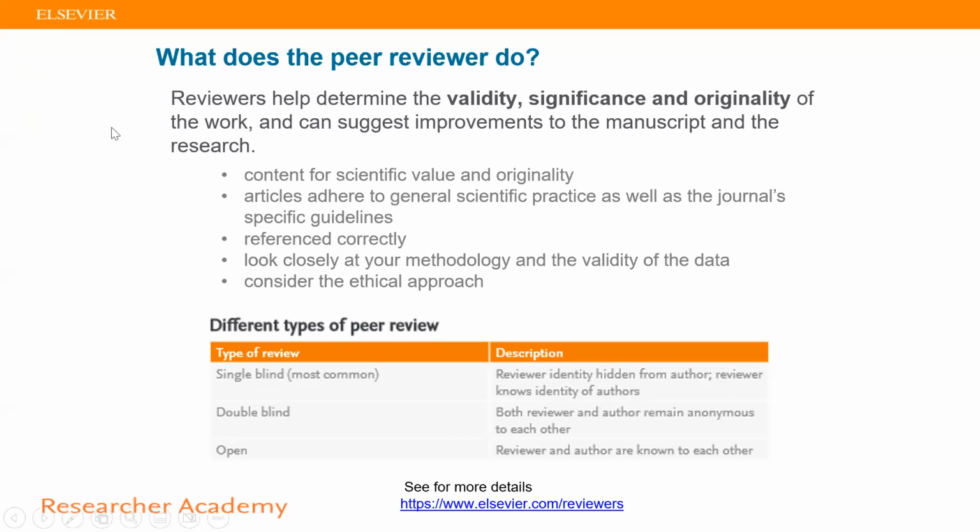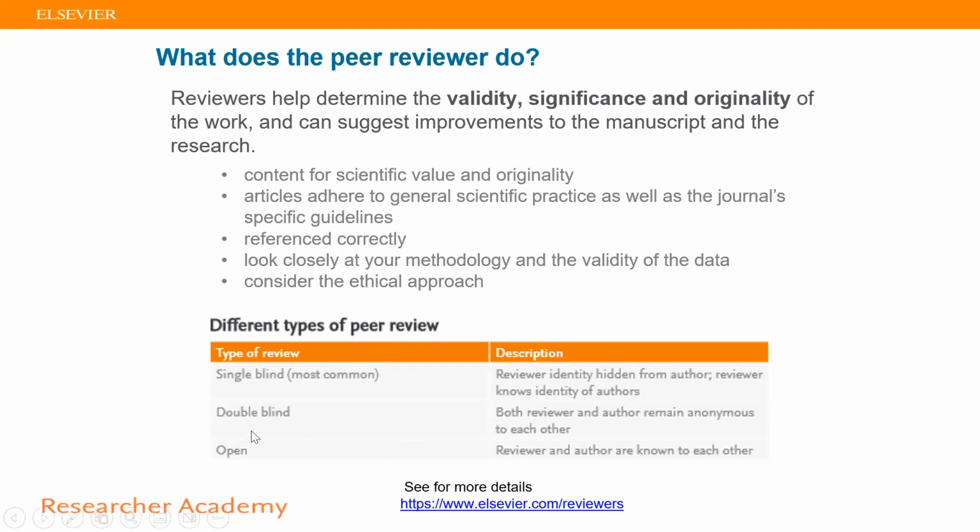As we can see here, there are three different types of peer review. The first type is the single blind, which is the most common in the journals. The single blind means that the reviewer's identity is hidden from the author, while the reviewer knows the identity of the authors.